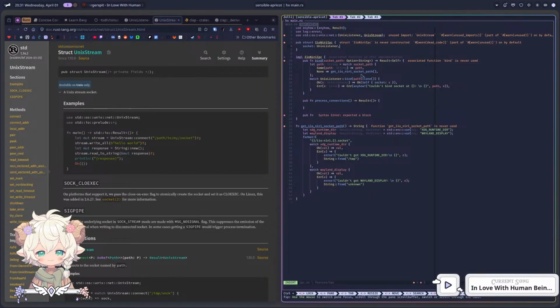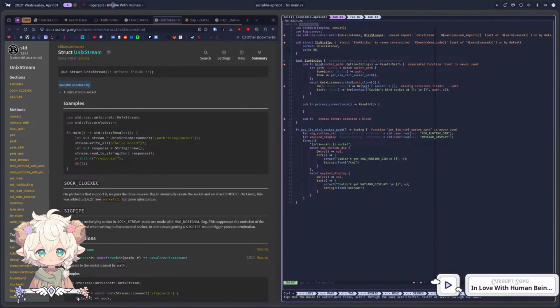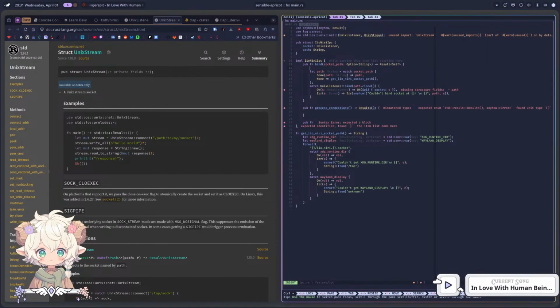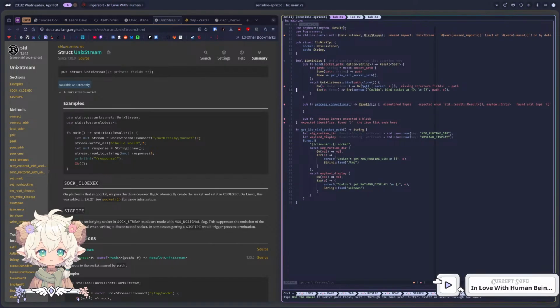Yeah, I might actually need to save the path. Path, which is a string for simplicity, could be a path, but it's okay. And here, what I will do is socket path. So instead of having let path, oh yeah, let path would be like that. So I clone it, but then it doesn't work. But it's okay, because if it fails, then